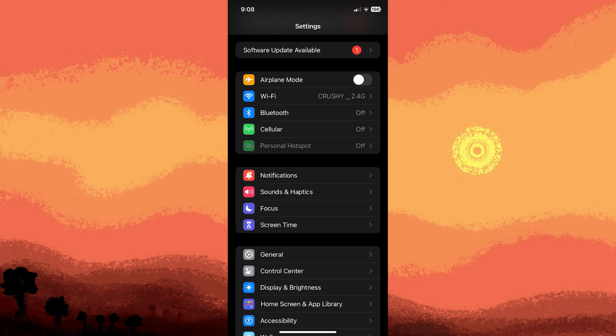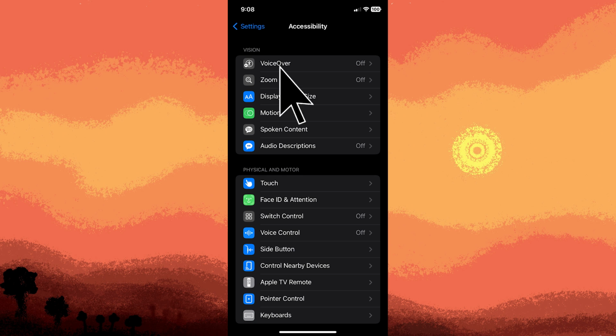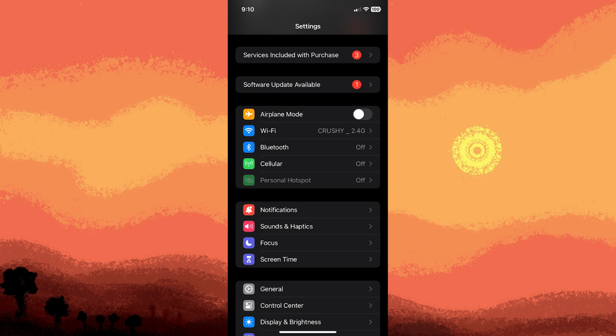Another method, while iOS doesn't allow direct changes to fonts and colors system-wide, you can use the accessibility settings to adjust text size and contrast under Settings, Accessibility, Display and Text Size. Another method,